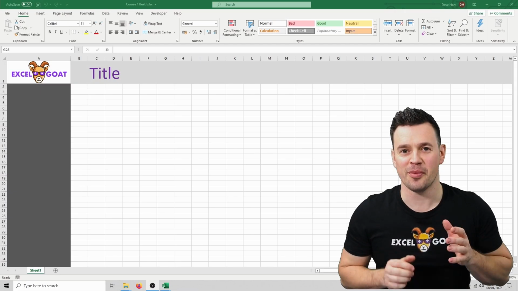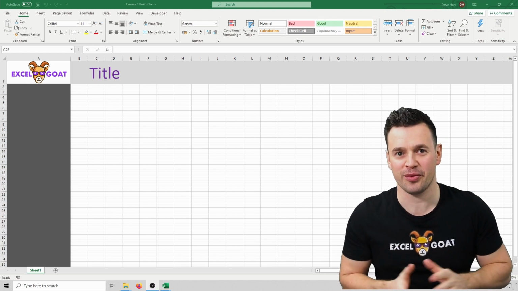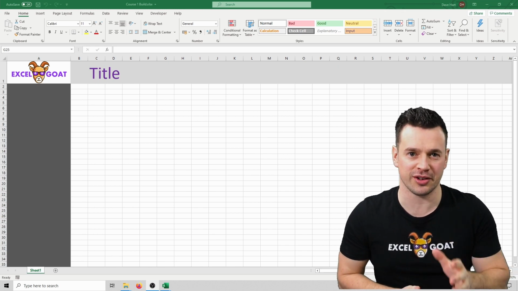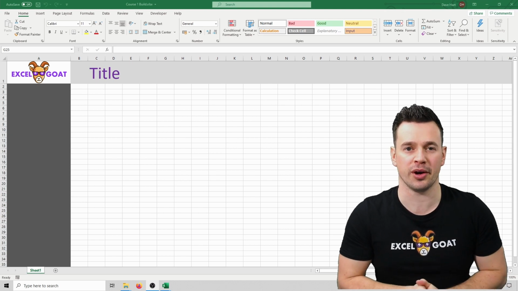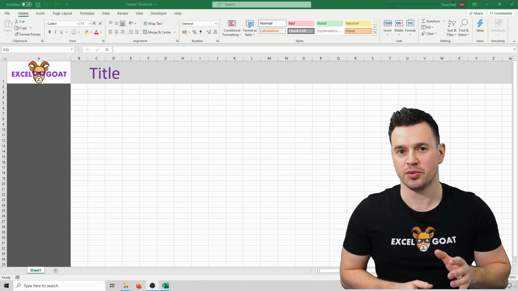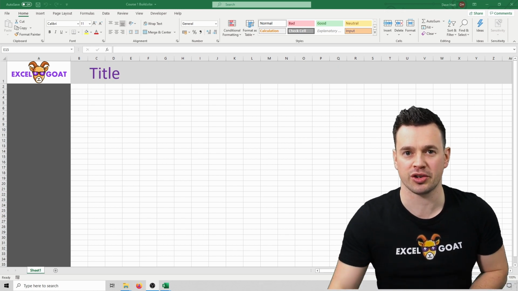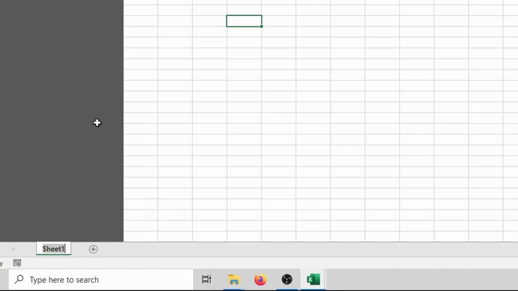The next thing to know about worksheets in Excel is that they can be hidden. Used correctly, this is extremely powerful as it allows you to hide complex calculations in the background whilst presenting a simple output in the form of a report or a dashboard or whatever is appropriate for the person using it. We're going to build a dashboard for our tool, so before I show you how to unhide sheets, let's rename our worksheet accordingly. To do that, just right click on the worksheet, click rename, and then we're going to